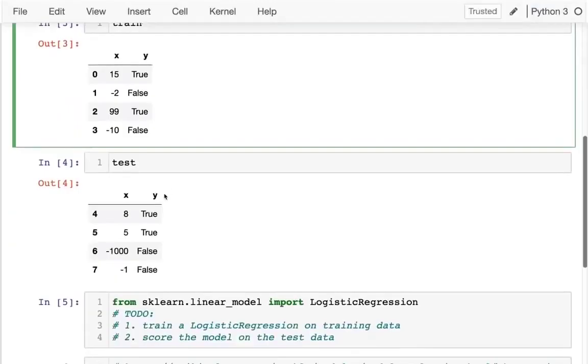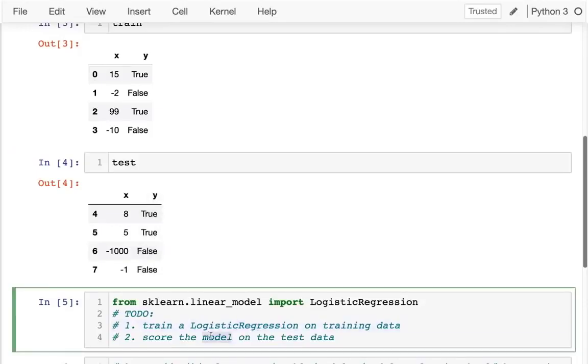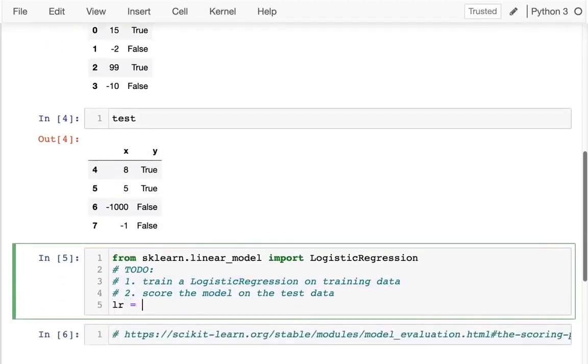I have my training data and my test data down here. And if I want to figure out what the relationship between Y and X is, and then measure the model's understanding of that relationship, I'm going to use some sort of scoring function, right? So I'm going to do this with a logistic regression. Remember, this is not really a regression, it's actually a classifier, right? Because I have this categorical data that I'm trying to predict. And so I'm going to train one of those, and then I want to score it. So first step is I'm going to say LR equals logistic regression,